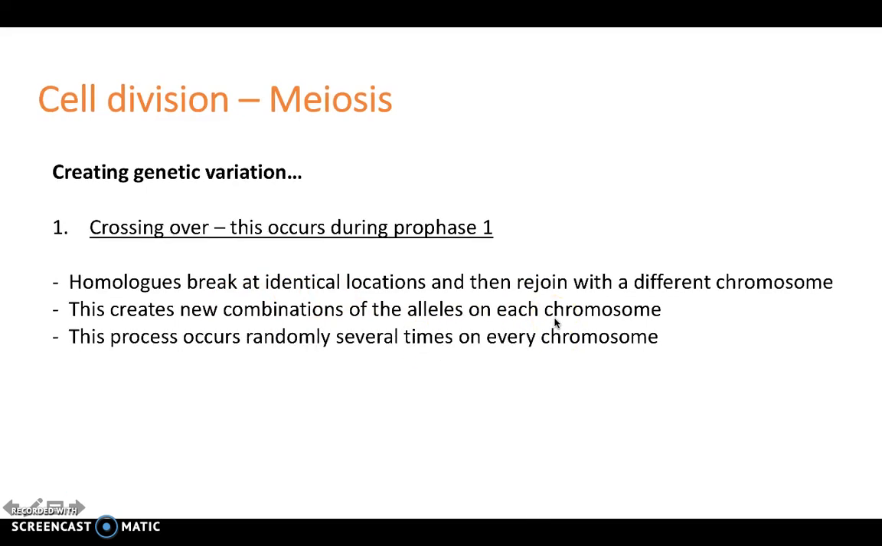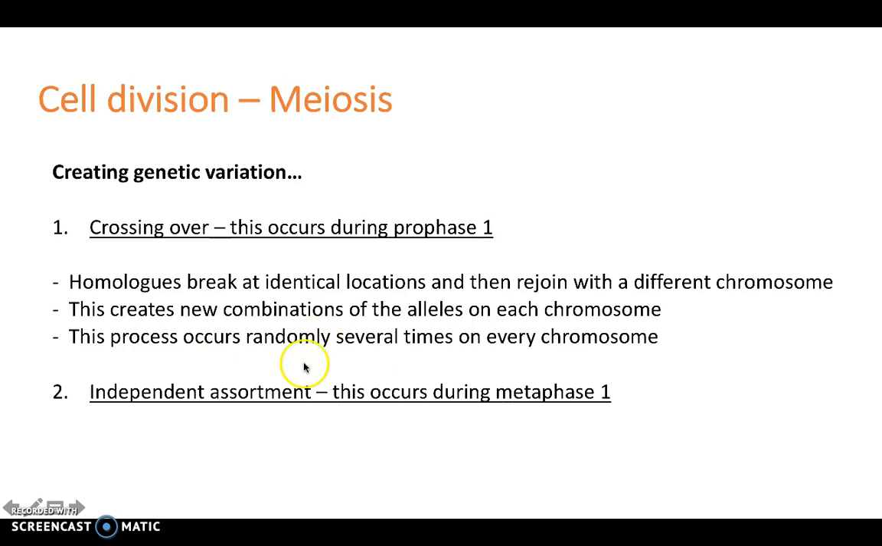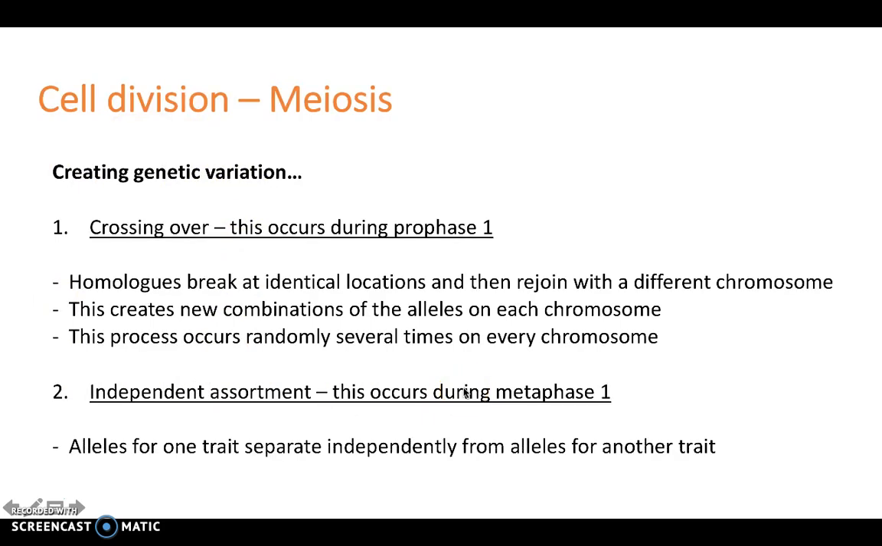alleles on each chromosome. For revision of what an allele and a chromosome are, go back to video 1 in this series. So this process occurs randomly several times on every chromosome. The other process that instills genetic variation is independent assortment, and this occurs during metaphase 1. And alleles for one trait separate independently from alleles for another trait, and each allele combination is equally likely to